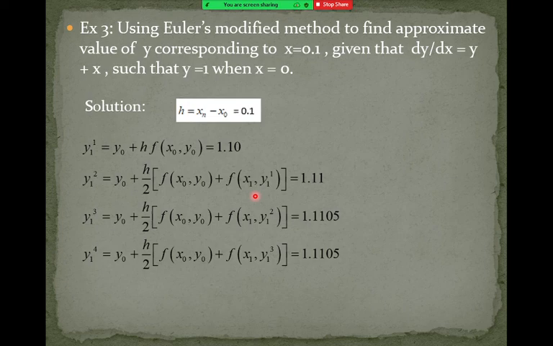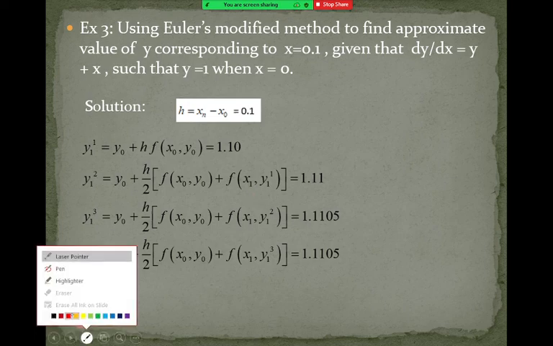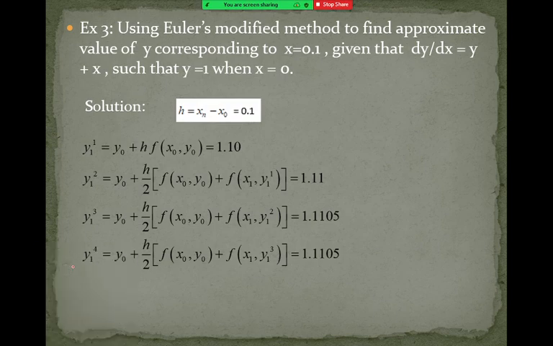Yes, sir. Can you please show? Yeah, okay. I will show what calculation you have to do. Actually, these calculations you have to do on a calculator. So first you write the formula. Once you write the formula, you have to replace the values. What is y0 first? 1. Okay, here y0 is 1, this is given. So 1 plus h. h is 0.1 there. 0.1 upon,